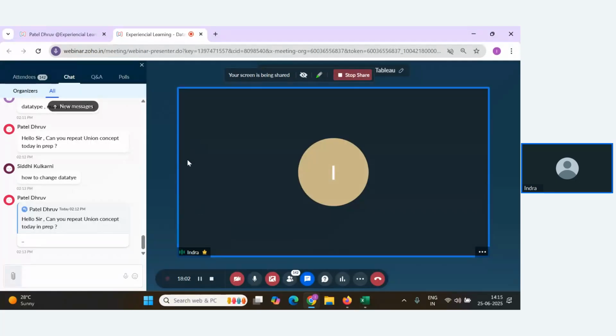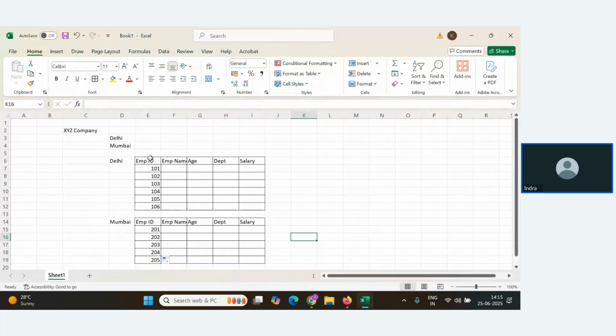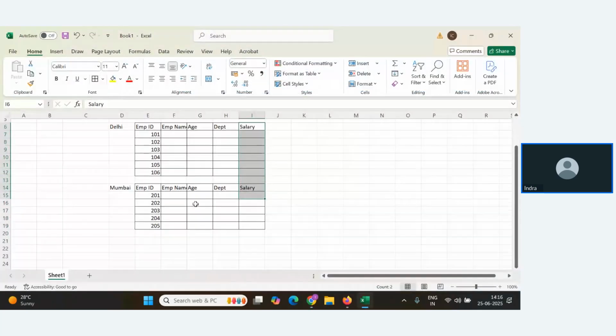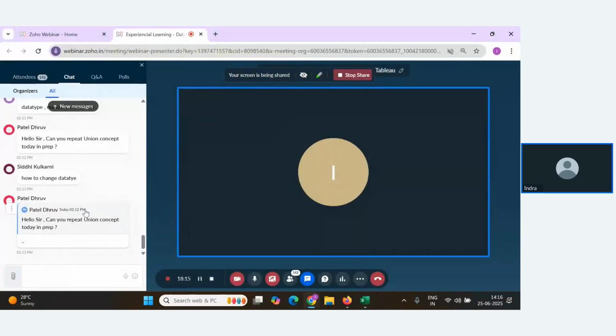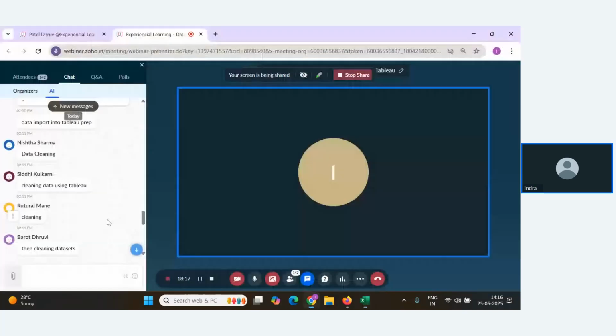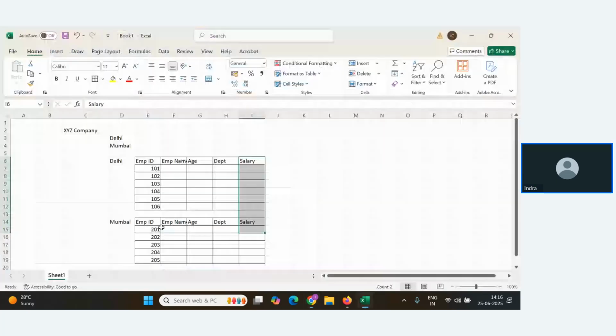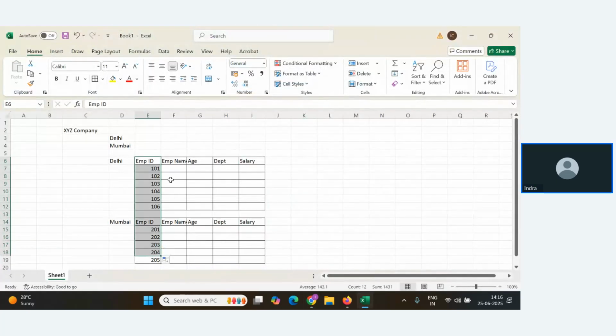If I am saying same structure, it means they have the same schema, the same set of columns. Yes or no? These two tables have the same set of columns, correct? Will you agree, Dhruv Patel and Barot?